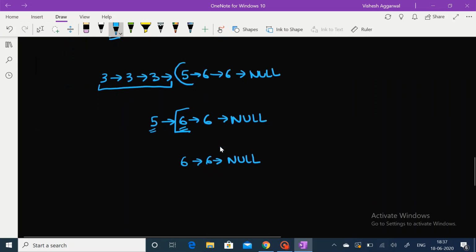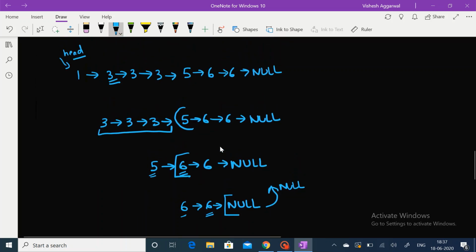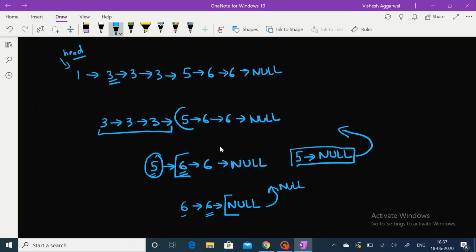Here we see that the head value is similar to the next value, so we will iterate and find the unequal node. So we reach the end of the linked list. From here, our base case will hit and it will return null to the previous recursive call. Here, we will attach null after the 5. So this recursive function will return this linked list to the previous recursive call.